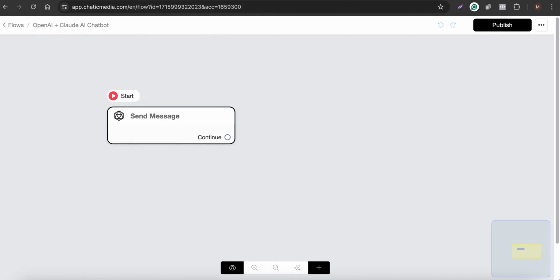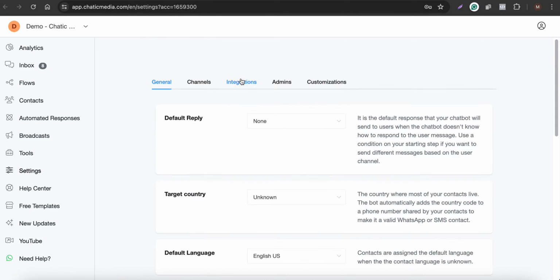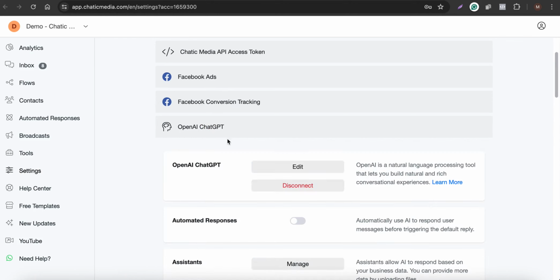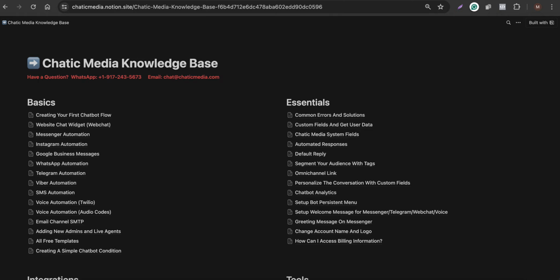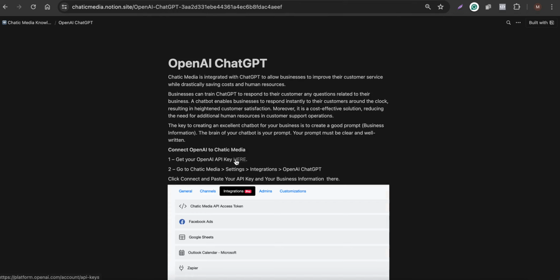Before that, you have to make sure you have connected your API keys from Claude and OpenAI. For that, go to settings right here. In settings, if you go to integrations, you have to plug in your API keys. If you are wondering how to get your API keys, just click on this help center right here, and in the integrations, if you go to OpenAI and click on this link,